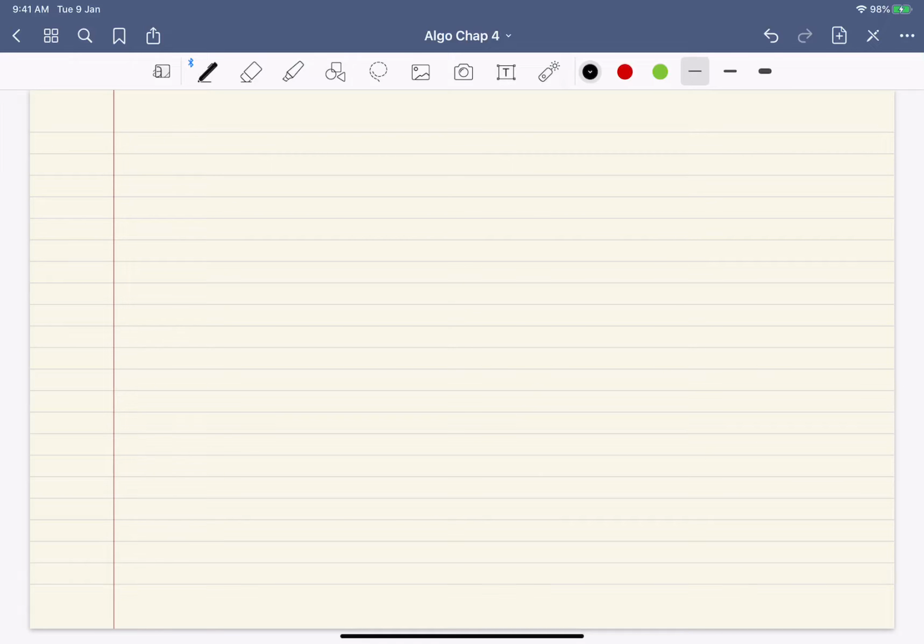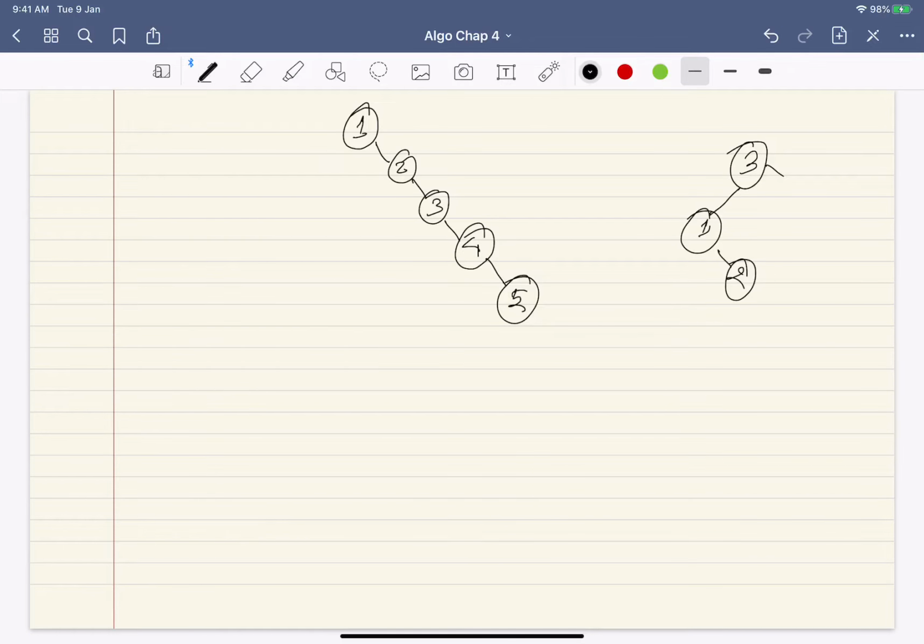You can say, okay, I put 1 as the first element, then 2 as right of 1, 3 as right of 2, 4 as right of 3, and 5 as right of 4. I keep on doing that. Or I can say, okay, 3 is the root, I can put 1 and 2, yes, 1 and 2 are less than 3, and here I put 4 and 5. I could have put 5 first and then 4 as its left child. So you see there are many ways you can define it, and each of these is a separate BST.